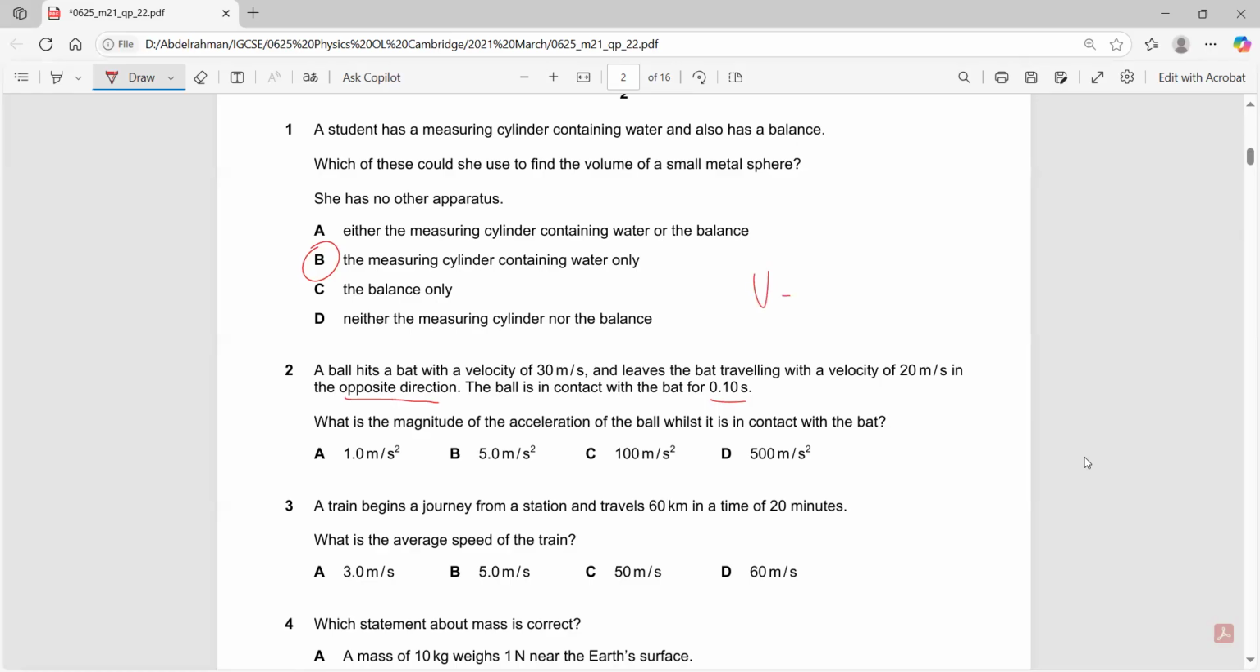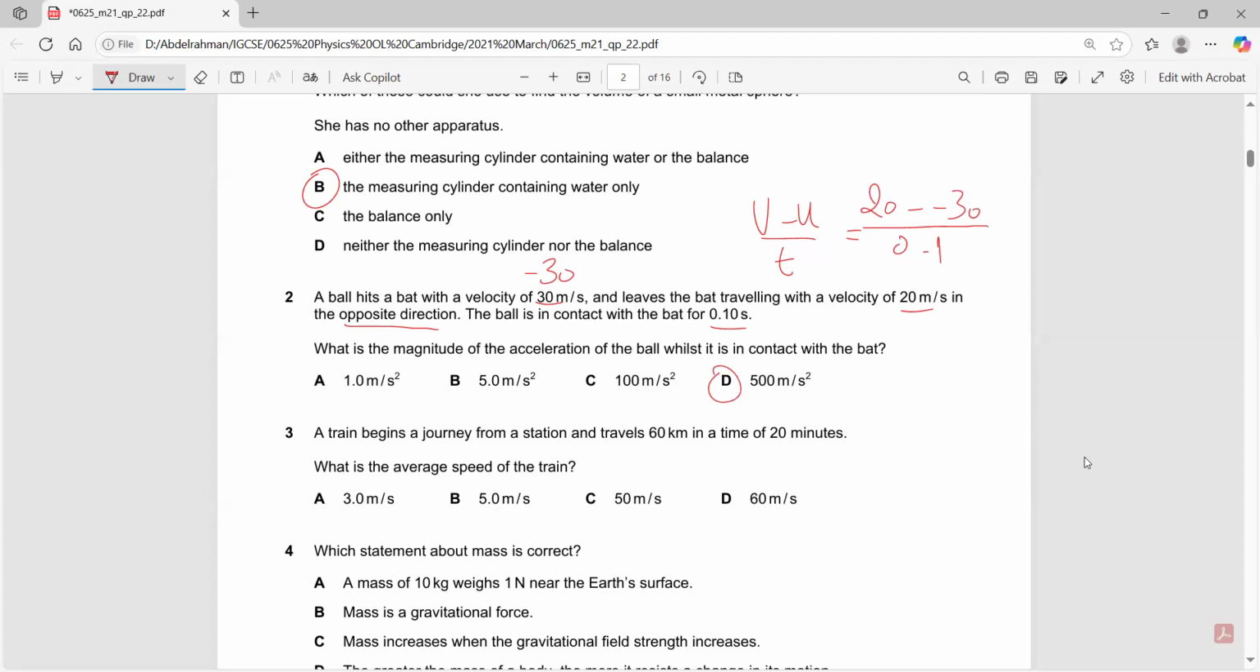V minus u over t, right? So the final velocity was 20. This is the v, 20. Minus u was 30, but you cannot leave it as it is. You have to change the sign. Why? Because it's moving in the opposite direction. So this is actually negative 30. So 20 minus negative 30 over the time, which is 0.1, giving you a huge acceleration of 500 meters per second